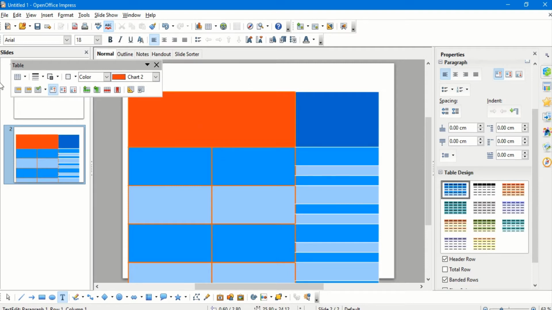So here once again a recap: the bordering can be done, bordering colors, the cell colors, then merging of cells, splitting of the cells, and here even the text in the cells. So suppose I write some text in a cell, then I can also select the text and select the alignment, that is the top alignment, the center alignment or the bottom alignment of my text in the cell. This can be done.